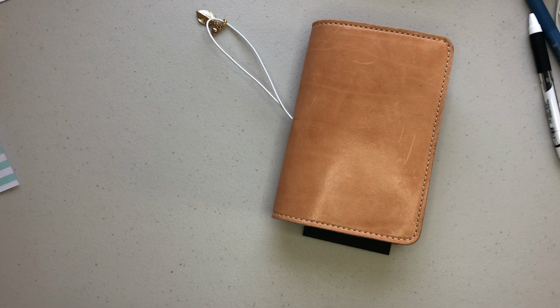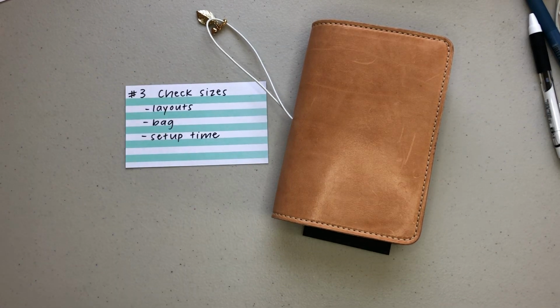All right, so number 3 is going to be for you to check the size of your prospective planner. So this is going to be important when it comes to the layout of the planner. For example, Happy Planner makes lots of different layouts. They have a horizontal, they have a vertical, they have a daily dashboard. Whereas a Hobonichi is going to have a monthly layout, a vertical weekly layout, and then also a daily layout. So there's just so many different types of planners out there,